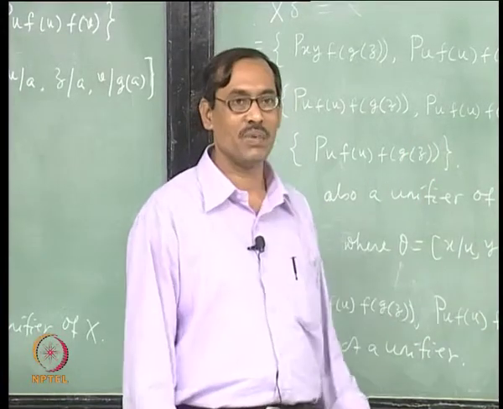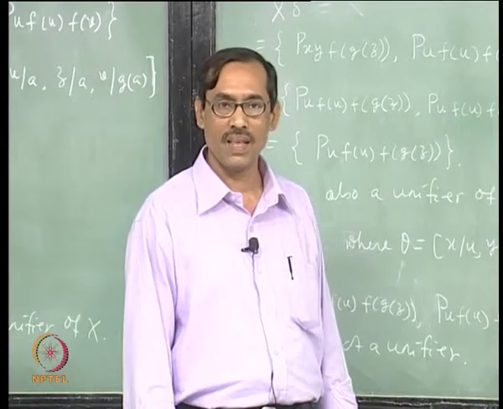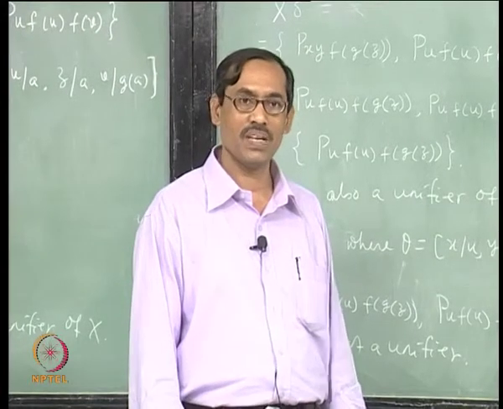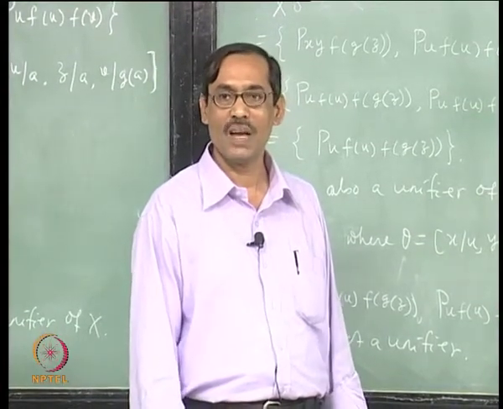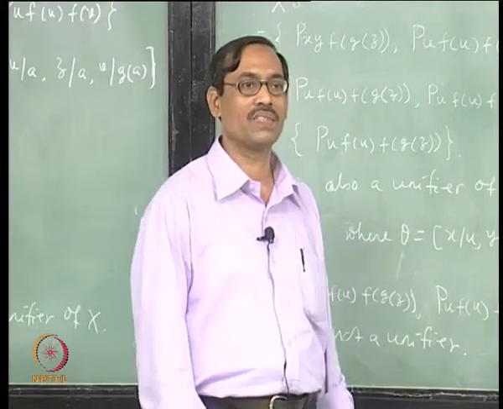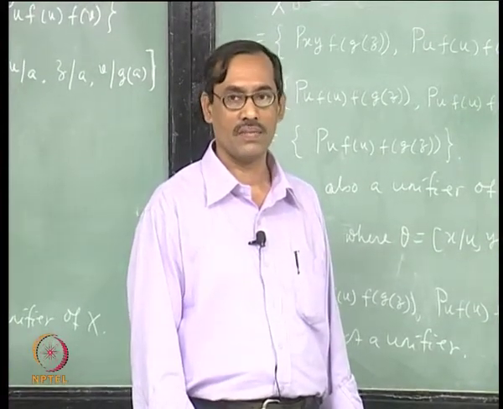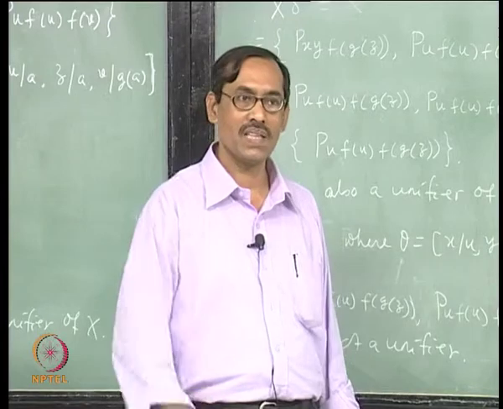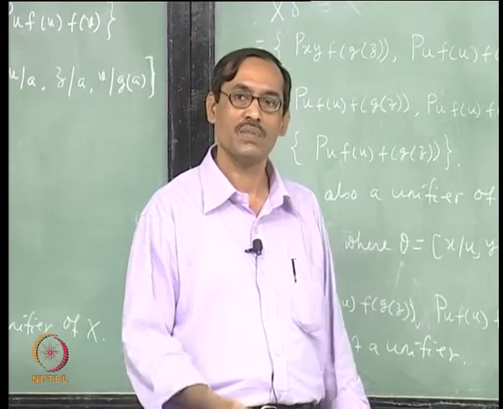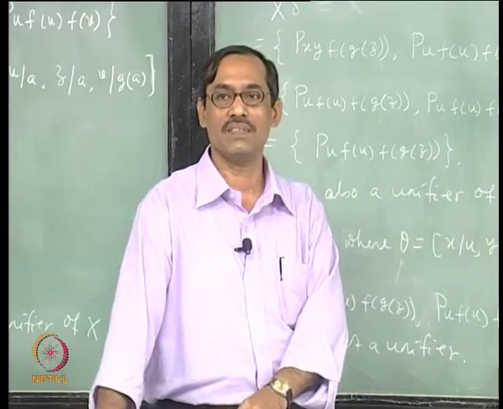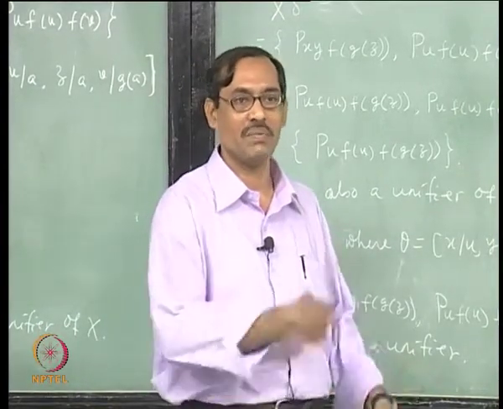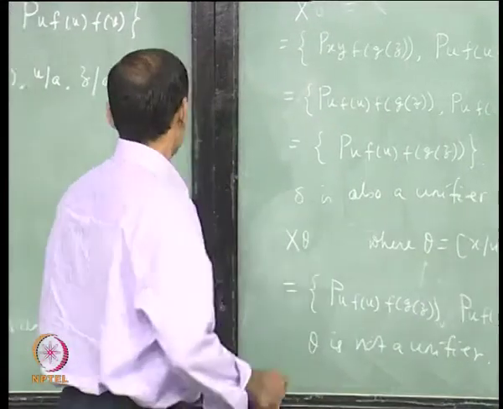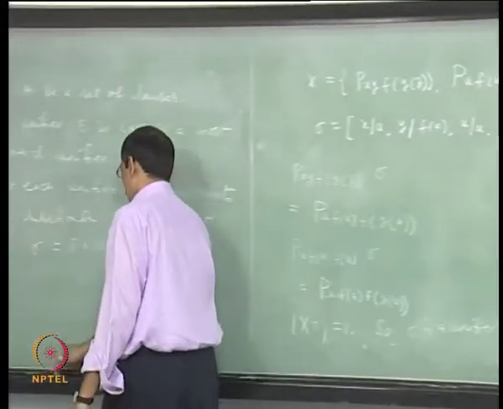So, anyway, what we have seen is most general unifiers are also not unique, but then we need one most general unifier, that is enough for us, we will continue with that. So, even if not unique, it is okay for us. Now, we have to give a procedure how to get one most general unifier, fine, and then be content with that, whatever we get from the algorithm. So, once the algorithm is used, we will say the most general unifier, because whatever that algorithm computes, that is our MGU. For others we forget, others can be renaming or some substitution can be applied on it to get them, right. So, let us see the procedure to get one most general unifier.